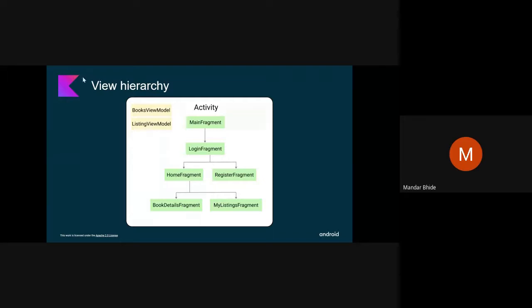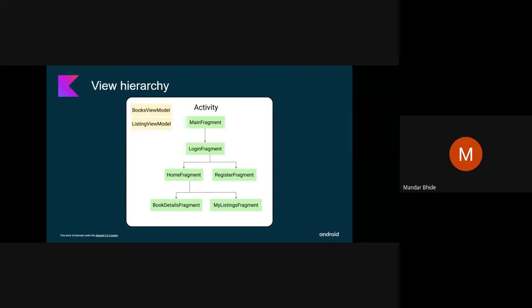So let's quickly view how this entire application is working. Just don't see these classes right now. Look at it as an activity. An entire app is an activity for whatever Android device you have. And these boxes in green are part of the UI, that is user interface. And these boxes in yellow are part of the UI data, that is the data that is being shown in the UI. So these things are separated in this MVVM architecture, that is model, view, and view model.